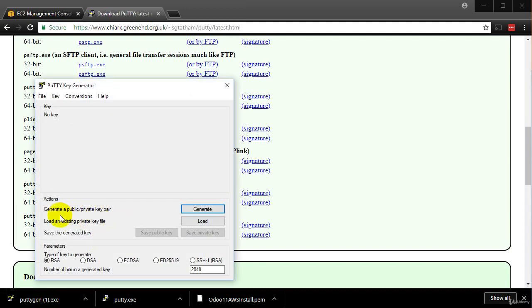and here we can see generate a public private key pair, but we don't want to do that. That's something I've made the mistake many times of clicking on that. We want to do a conversions and say import key. So we click import key,